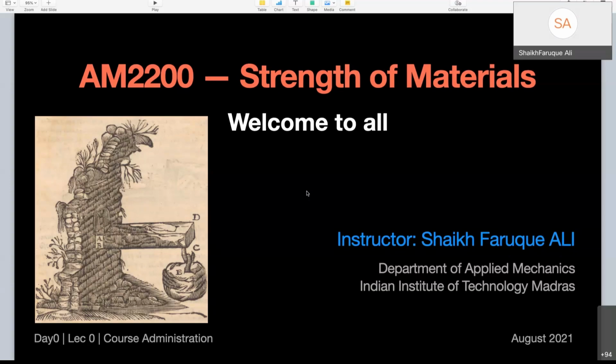There were a few parts where you drew BMDs and SFDs, which are internal forces, the internal intricacies of a structure when it is loaded. But overall, you have done only rigid body mechanics, right? Here we are going to do it for non-rigid or flexible bodies. We are going to learn a little bit more detail on that, and we will understand it as we go ahead.